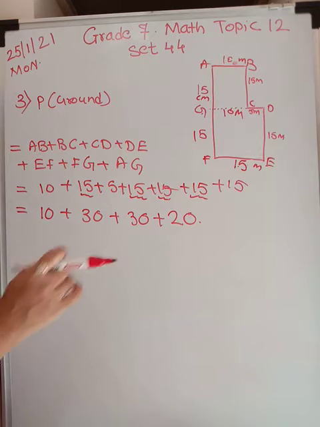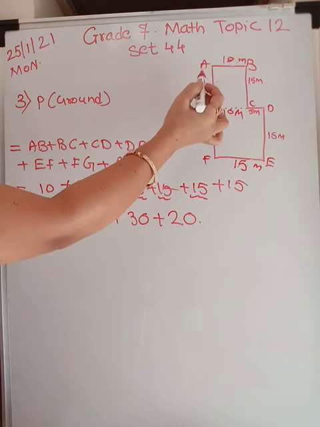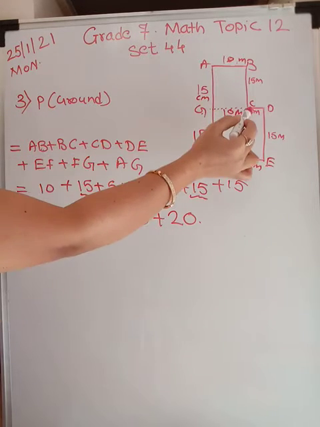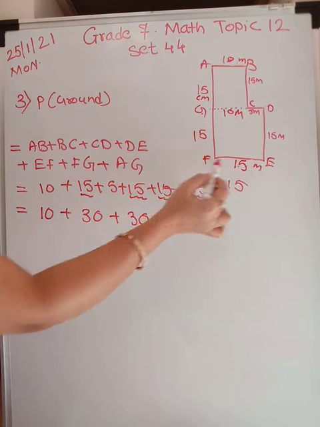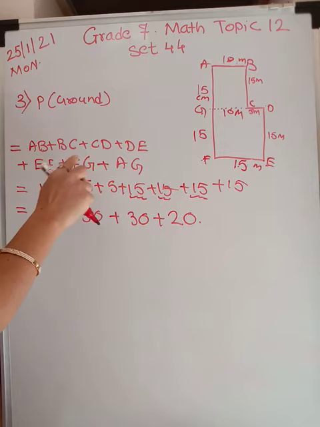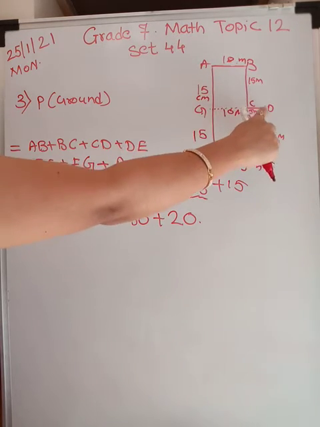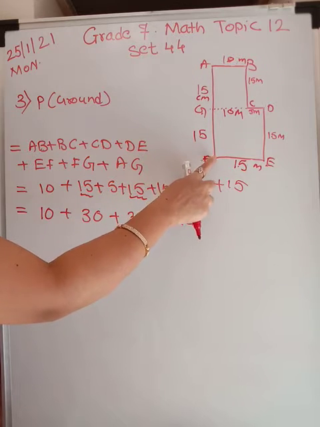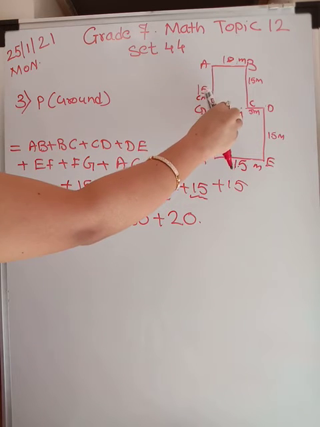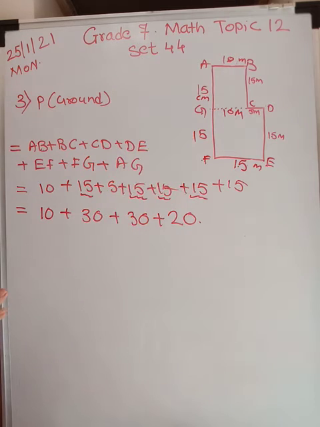Okay. Now to find the perimeter, what is perimeter? Sum of all sides. So let us sum all the sides first. AB plus BC plus CD plus DE plus EF plus FG and plus GB. So all sides we are going to add up. So 10 plus 10 plus 15 plus 5 plus 15, again plus 15 plus 15 and plus 15. We are not taking these two. These are internal measurements. We want perimeter, which means only the sum of all the sides of a closed figure.